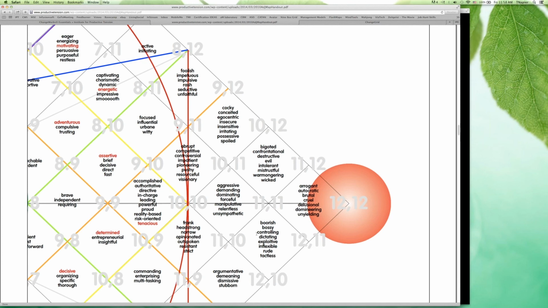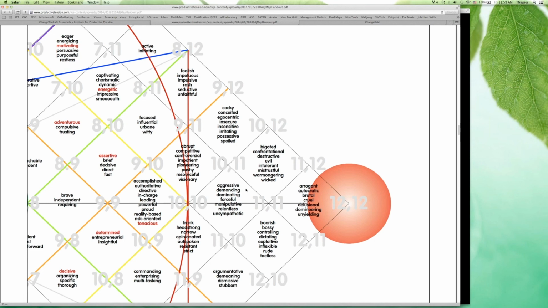I mean, can you imagine if you had someone who believed their level of ability was an 11 and they were conquering a challenge of an 11? That puts them in this out-grid danger zone, in this extremely driven driver kind of area. And yeah, they can come across as being very demanding, dominating, manipulative, unsympathetic, brutal, autocratic, bossy, controlling, intolerant, destructive, bigoted, warmongering. I mean, this is not a human being in their finest moment. Nevertheless, that could happen, and they could be executing not just the task, but the relationships and reputation around them.